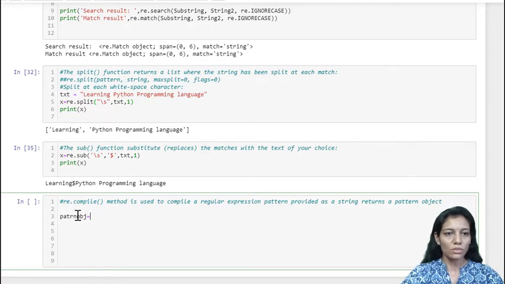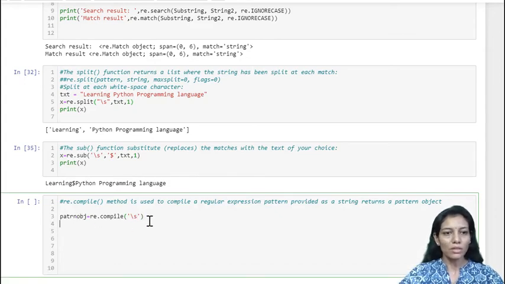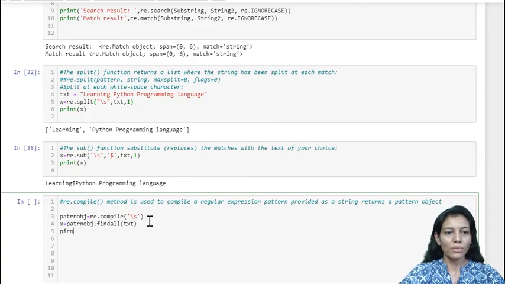re.compile, in which I am going to define my regular expression, that is white spaces that I want to search. Now this particular pattern can be used with any of the valid methods, that is pattern object dot findall, and I am supposed to use the text where I want to apply this particular pattern, and print X. So let us see.